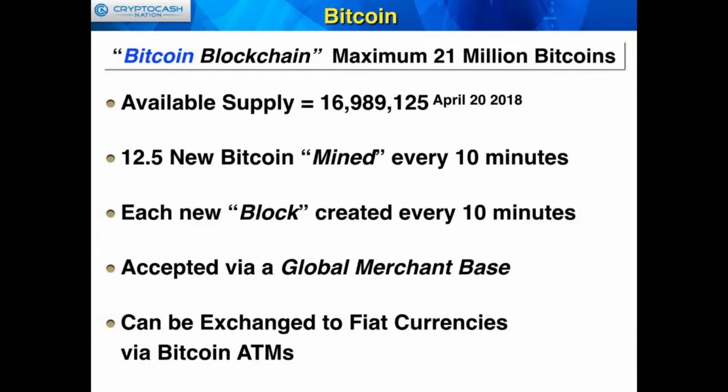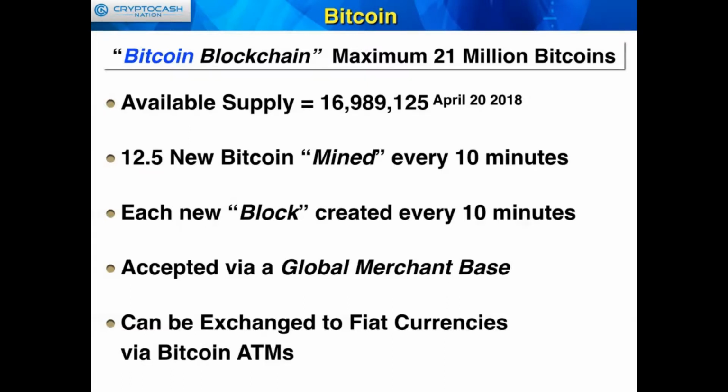So what happens is supply and demand. As there's more people demanding Bitcoin and acquiring Bitcoin, the supply of new Bitcoin goes down by 50% every 3 to 4 years. So it means that the value and price of it goes up consistently, which is very interesting because it's anti-inflationary. It's accepted via a global merchant base and can be exchanged backwards and forwards through fiat currencies through exchanges